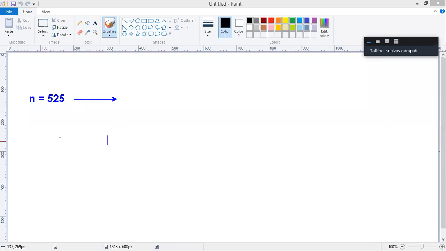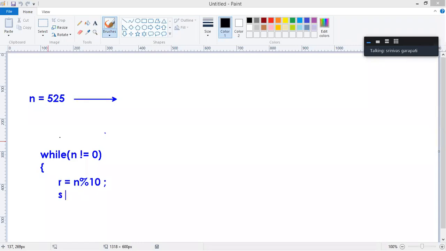First I will write the logic: while n is greater than 0, or n not equals to 0. Inside, we find the remainder r equals n mod 10.